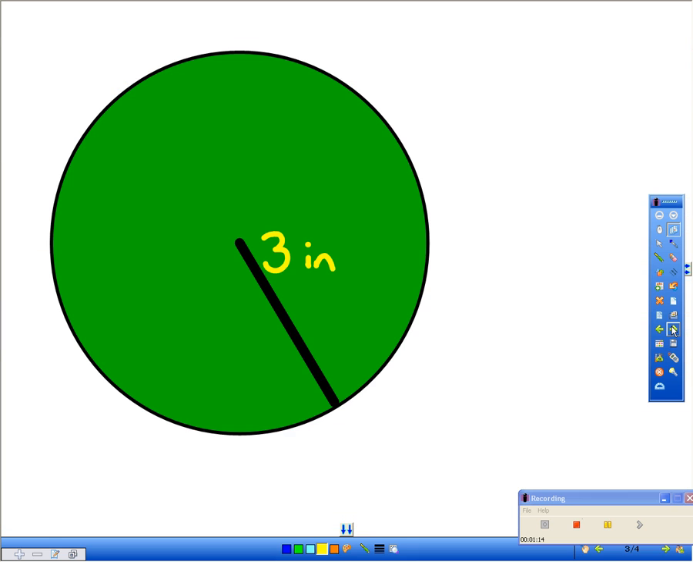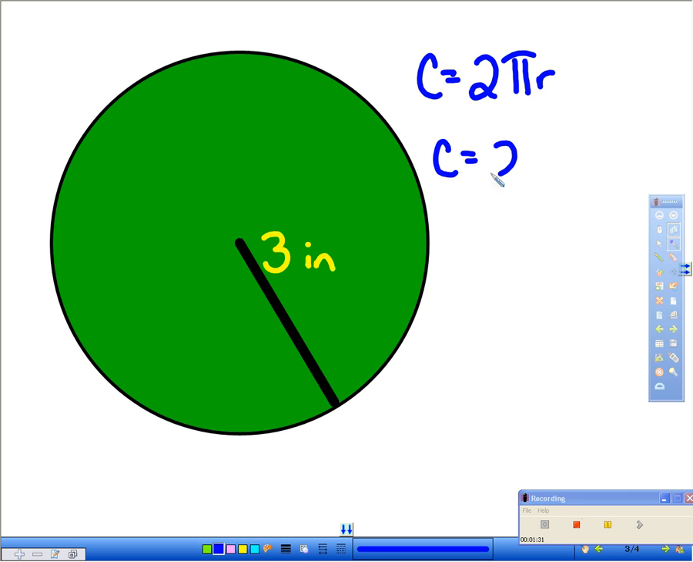Let's solve a problem here. So in this problem we have the radius. So we're going to use the formula circumference equals 2 pi r. And we know that the radius is 3. So we're going to go 2 pi and then times it by 3. And if you were to do that,